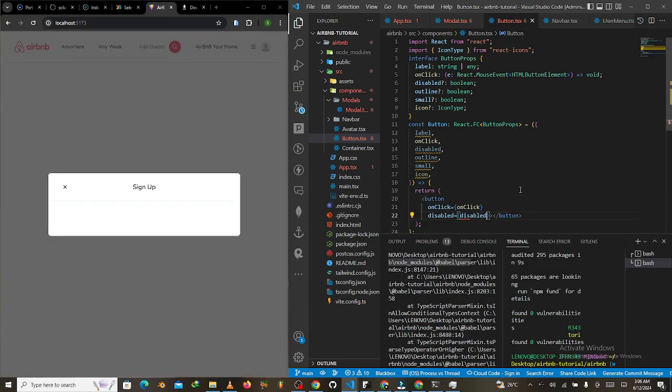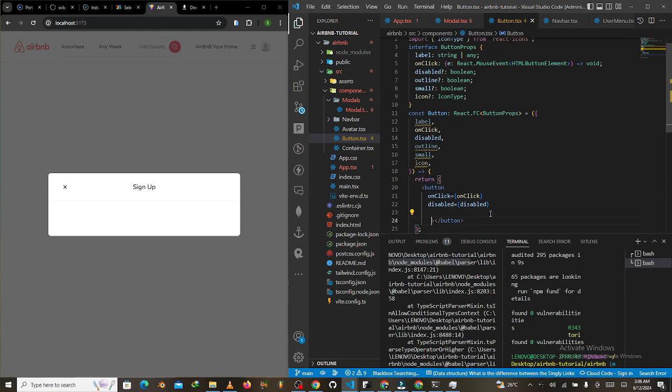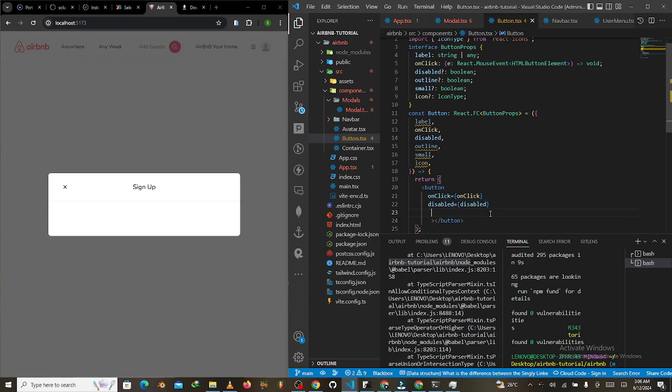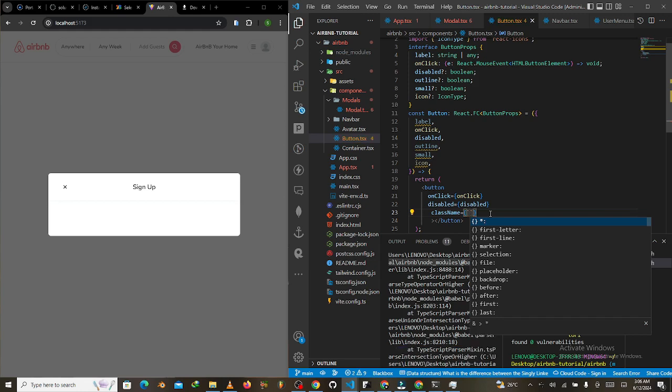So disabled, right? And then we want to give it some class names. Okay, so these class names, as usual, are going to be a little